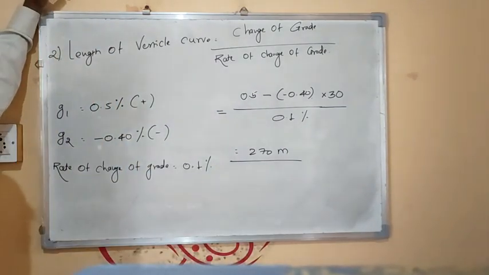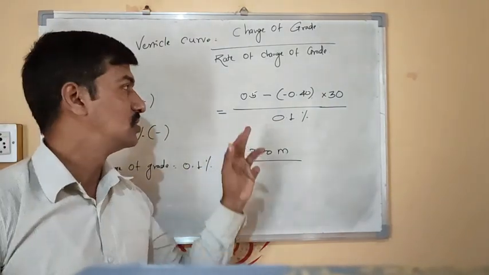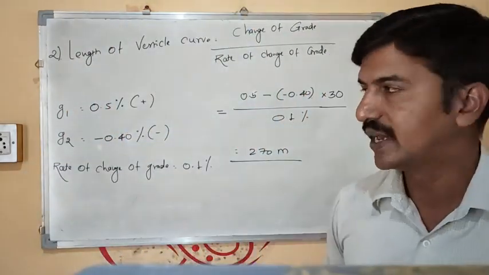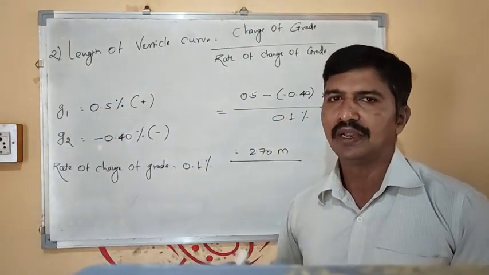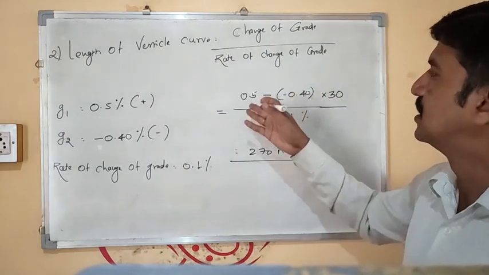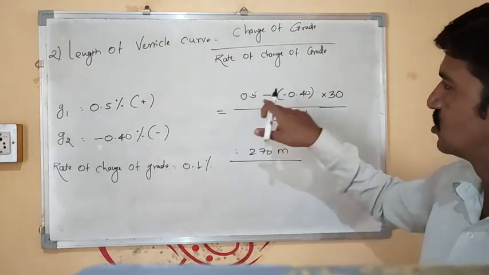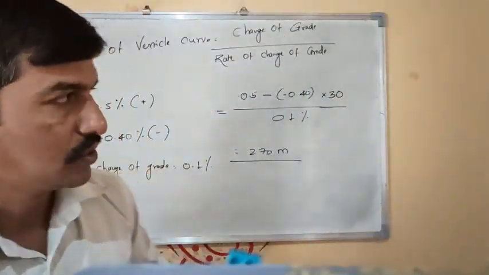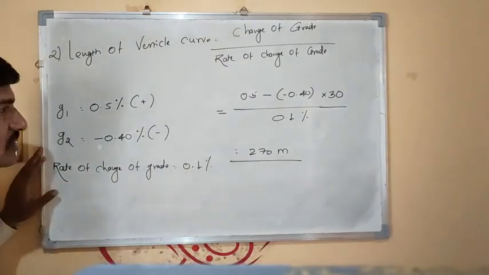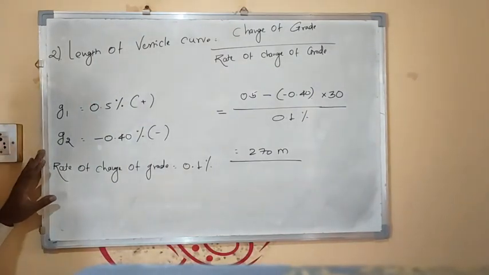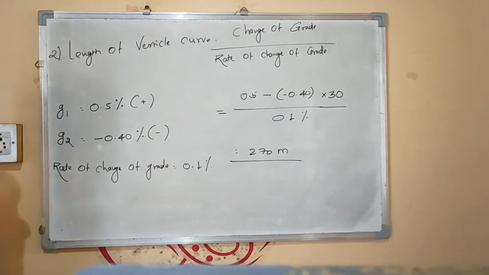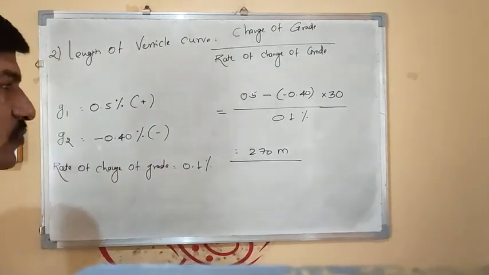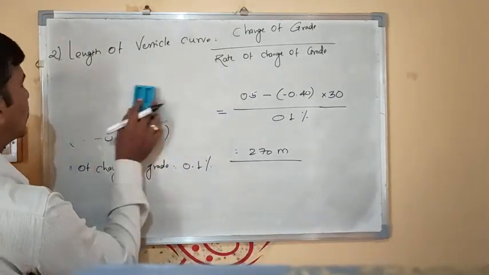There might be one possibility that in the exams you may get a question on how to calculate the length of a vertical curve. You may also get a numerical based on it. It is quite simple. We have to understand the factors to be included, and then find the answer. Again, we have seen a small numerical, very rarely asked in exams, but it still has a simple solution.